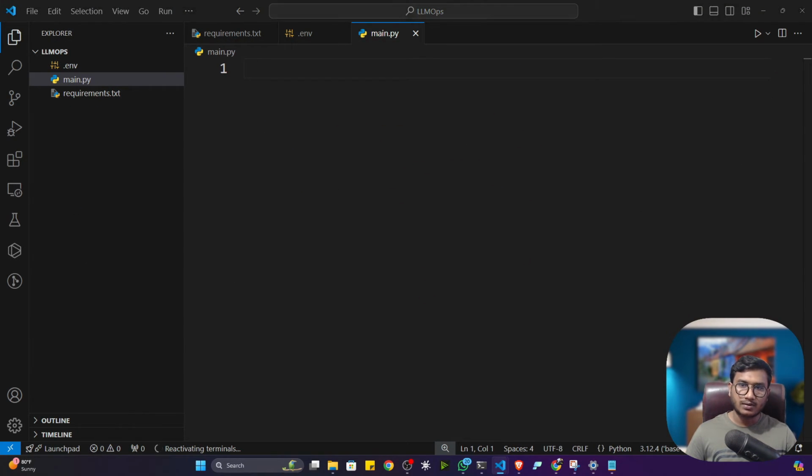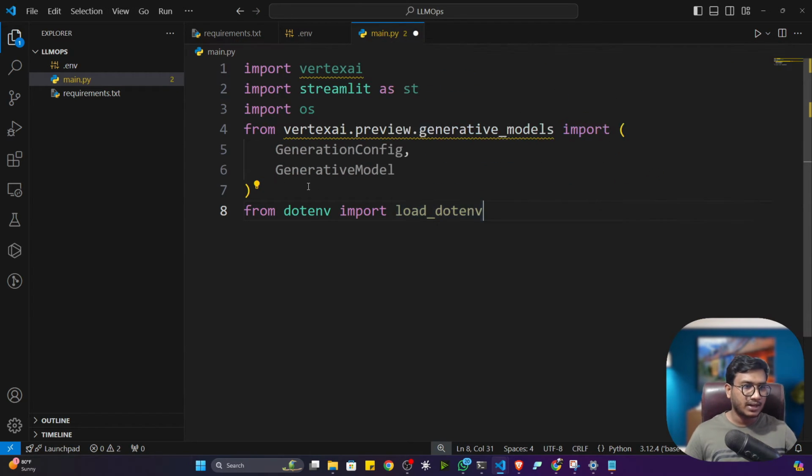Now let's create the main.py. First of all, let's import all the necessary libraries. These are the libraries I need, guys. I think you remember I was also importing them in my Colab Enterprise. So Vertex AI, then Streamlit I need for the user interface. Then I'm also importing some of the necessary functions from the Vertex AI preview generative models. I need GenerationConfig and GenerativeModel, and dotenv I need because I want to load this env